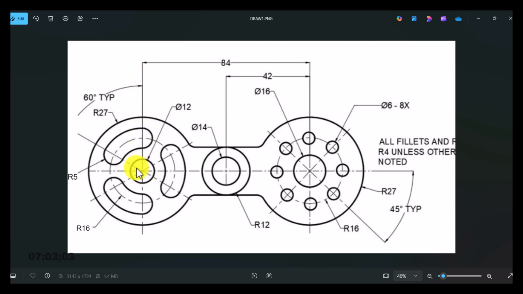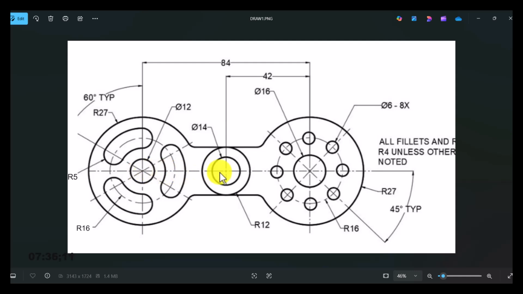Now the way AutoCAD measures angles, it measures angles from this direction, from the 3 o'clock direction. So this is angle 0, in an anti-clockwise direction. Moving like this anti-clockwise, from here to here is 90. So if I add 90 to 60, that will give me 150. It means that in AutoCAD, I'll be making use of angle 150, which is from 0 in this direction